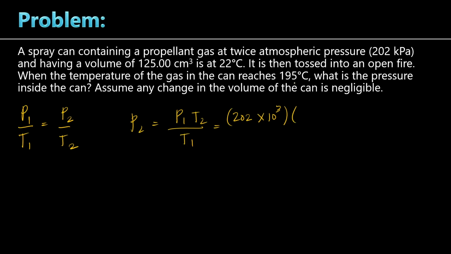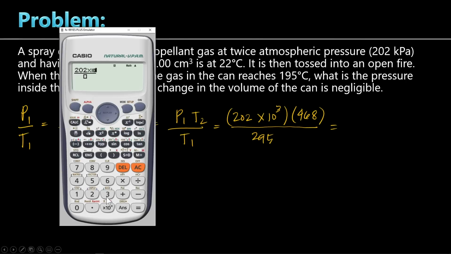So 195 plus 273 is 468 kelvins. Divided by T1. The initial temperature is 22 degrees. So 22 plus 273, that gives us 295 kelvins. Okay? So pwede na natin ngayon computein yung pangalawang pressure. 202 exponent 3 times 468 divided by 295, that gives us